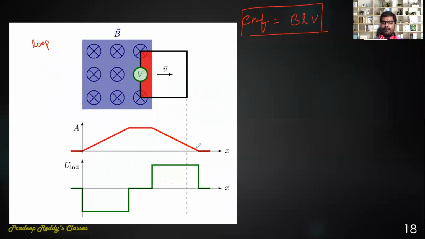Is it not? So when the coil is in motion in an external magnetic field, the area within the magnetic field linked to that coil is undergoing change. Therefore, the EMF produced will also be variable with respect to the coil when it is moving in the magnetic field. Okay, that's point number 1 to be noted.